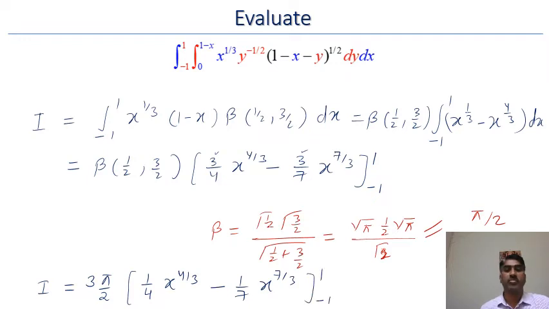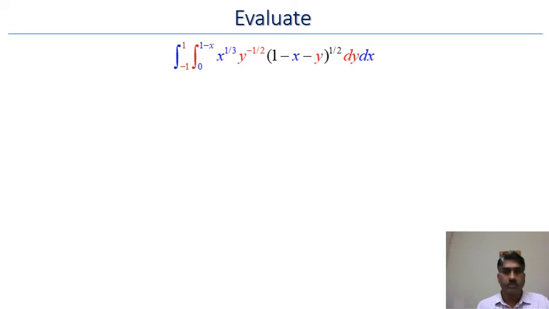So now we will put the limit. Means you have obtained I as 3 pi by 2